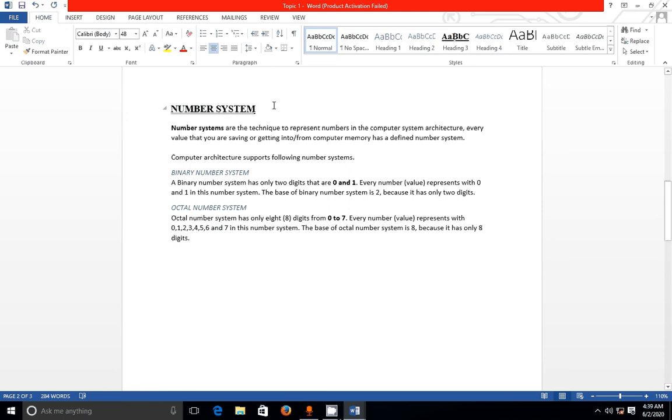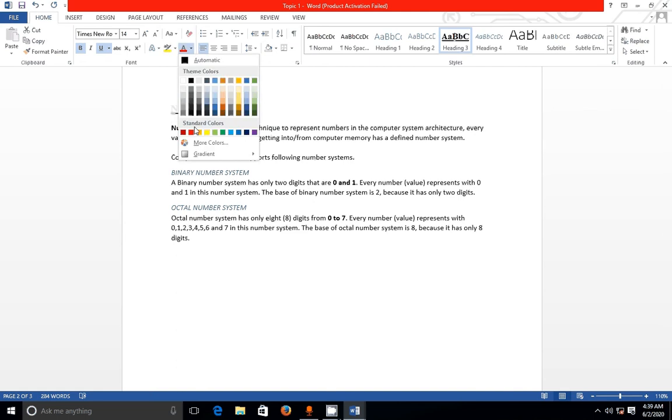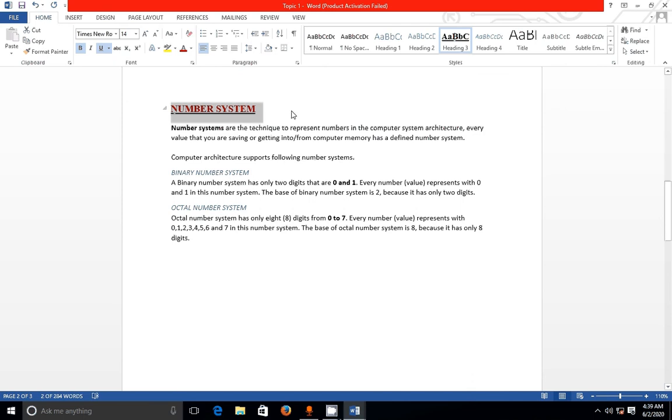Okay, let us practice on this paragraph, how to set the paragraph in Word. Now I want to change the color, so select this and change your color. Now I want some space. On your keyboard one key is available, the Tab key. Just press one Tab key.